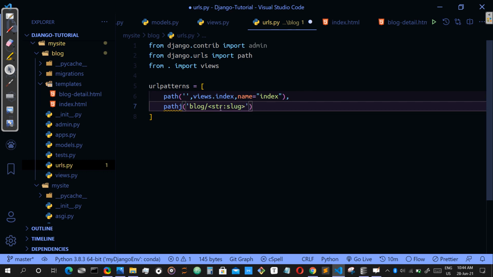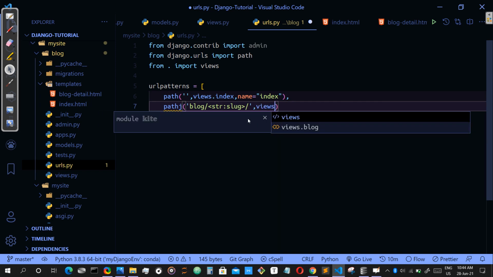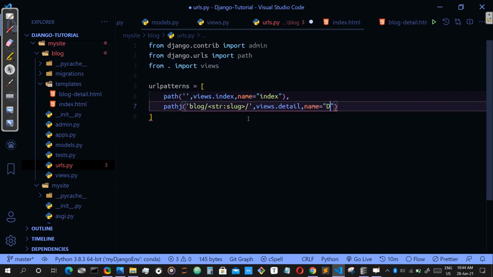If you are taking that as a slug field, you need to pass slug here. But for simplicity I have taken that as a text field, and here you have to pass the related view. The related view is views.detail, and name equal to detail. Why this name is necessary, you will understand now when I write it in the template.